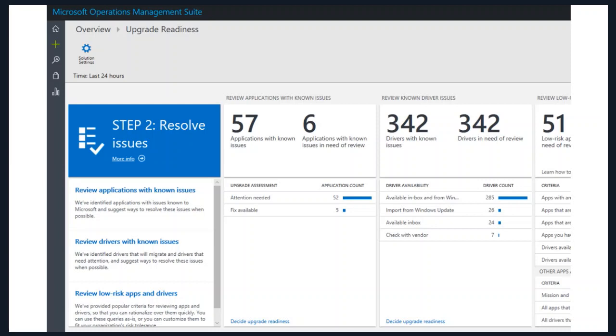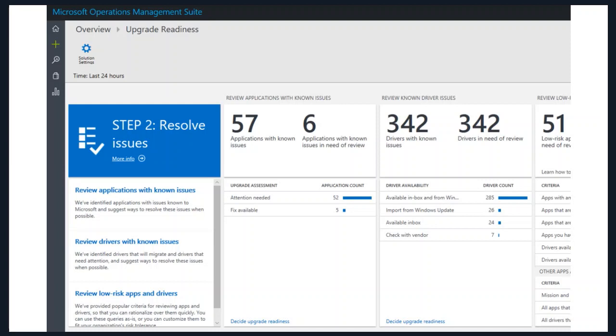You can put in a particular application. Let's use Citrix Receiver as an example. You input that and it will tell you whether it is ready for Windows 10 1803, Windows 10 1709. So this is going to get more and more important, this particular area, and it may be worth having a